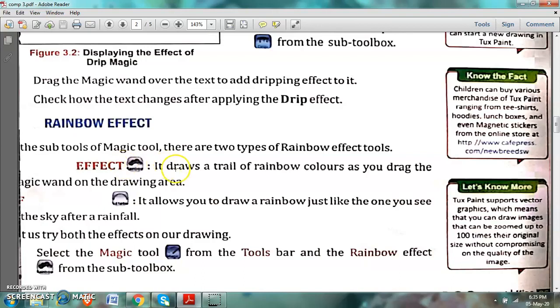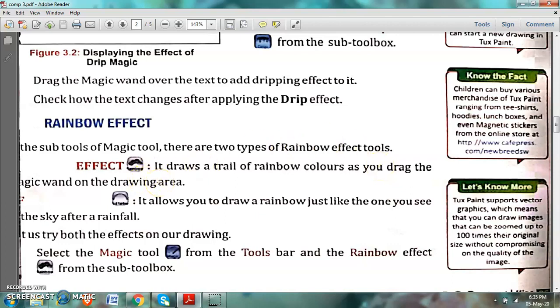What are those 2 types of rainbow? Real rainbow and rainbow. See this effect. This is a real rainbow and this is a rainbow. It draws a trail of rainbow colors as you drag the magic wand on the drawing area.